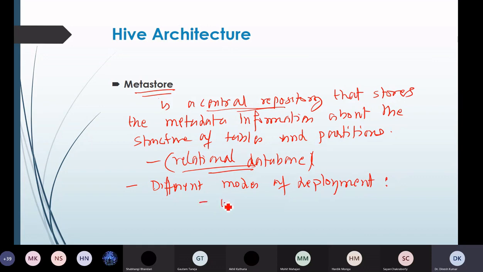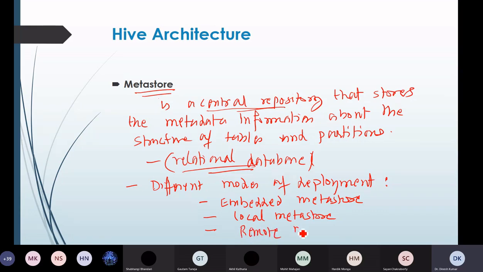Like we can create an embedded metastore, or we can create a local metastore, or we can create a remote metastore. Okay, so in the next lecture, I will take up these topics. What is an embedded metastore? What is a local metastore? What is a remote metastore?